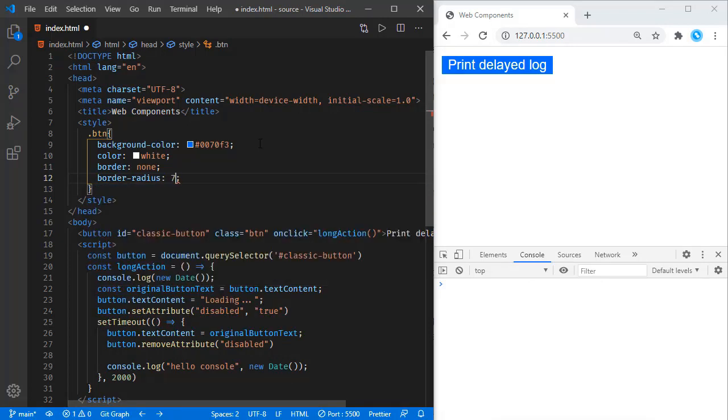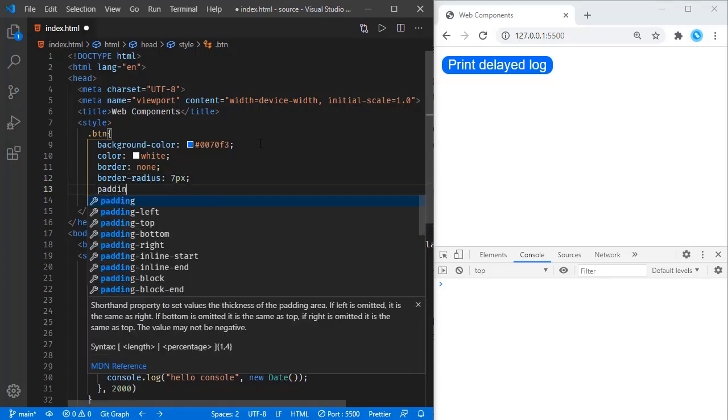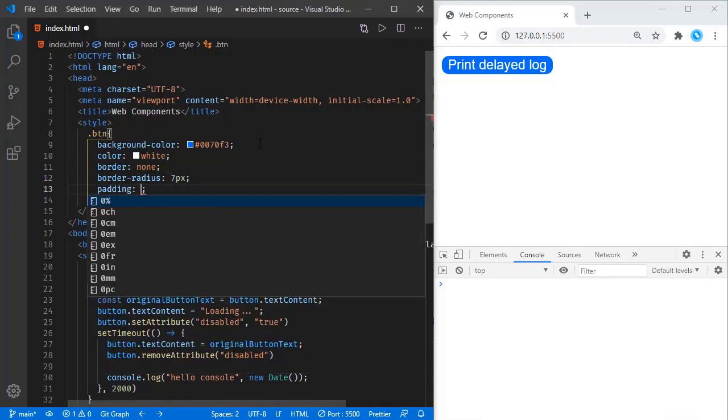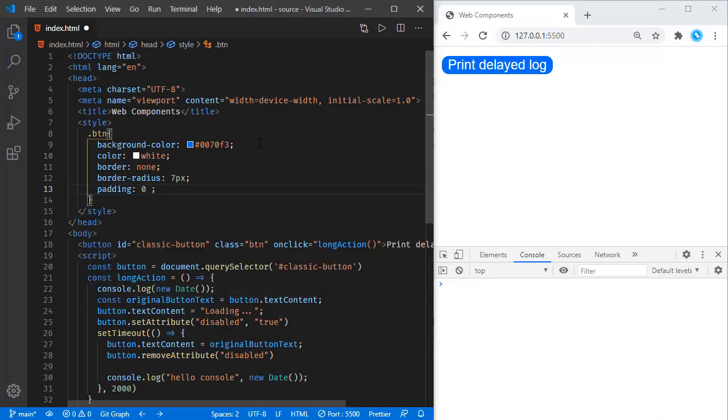Let's say it is 7 pixel. And also let's add some padding. We are going to add padding to left and right and not the top and bottom. So for the top and bottom it's going to be 0, but for the left and right it's going to be 2